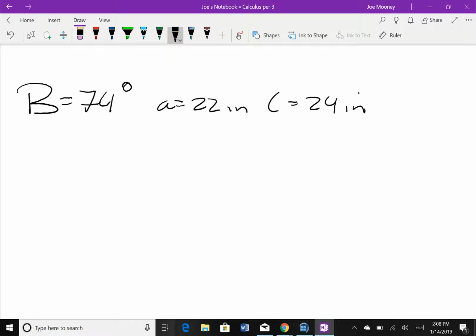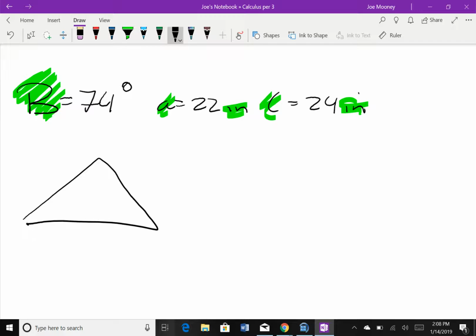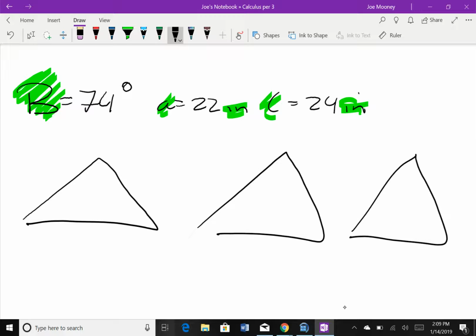So you can see, I know this is a side angle side, and the way I know it's a side angle side is I see all three letters. I see one angle and two sides, and those sides are lowercase, or they have a linear unit measurement, right? So I can see that. Now, if you couldn't see that, draw it out, right? So there's no way you could mess it up, because let's say